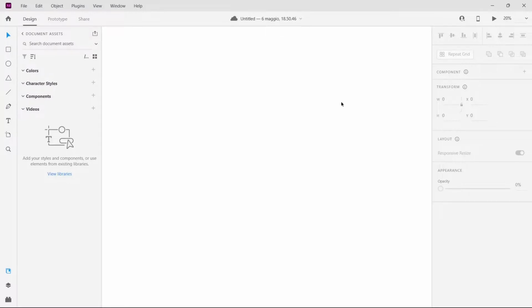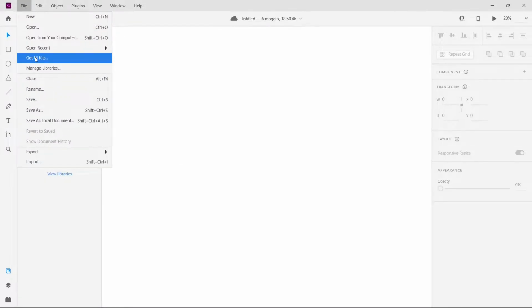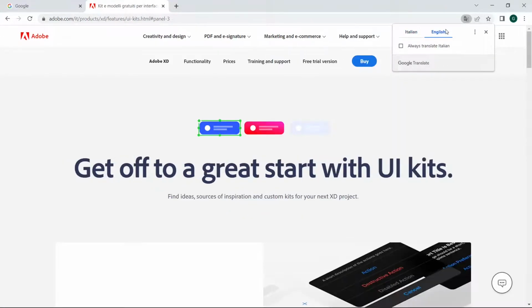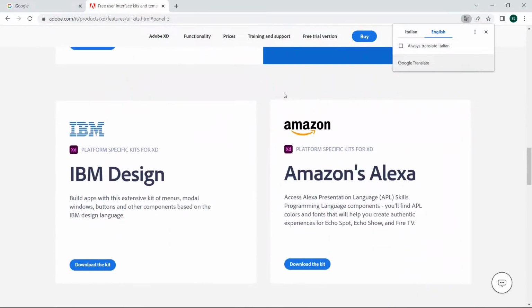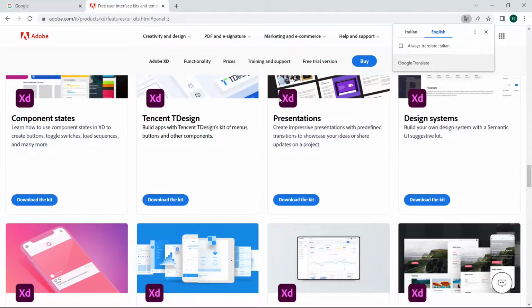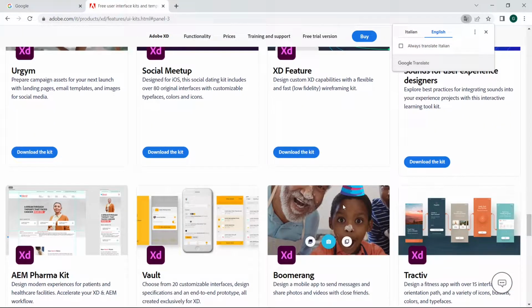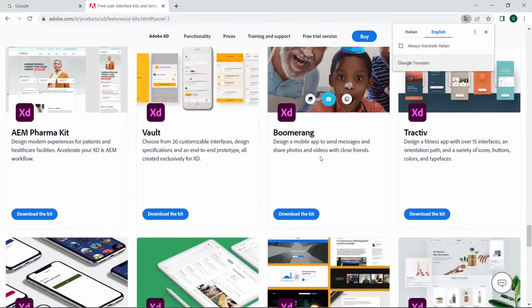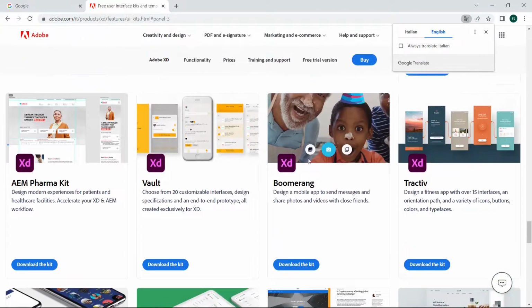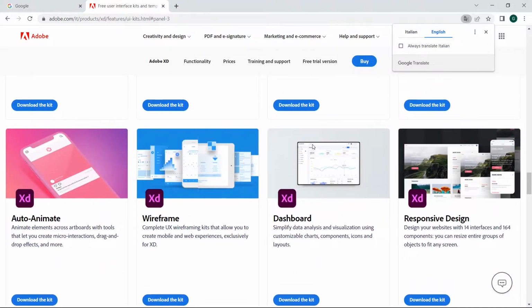So, we are, of course, in our work area on Adobe XD, so we can click on File and click on Get User Interface Kits. By clicking on it, we will open a web page, so you'll have to have your internet connection on. By opening this web page, you will see that you have access to all of these different kits. They are also different projects, so you will find kits regarding web pages, regarding presentations, regarding